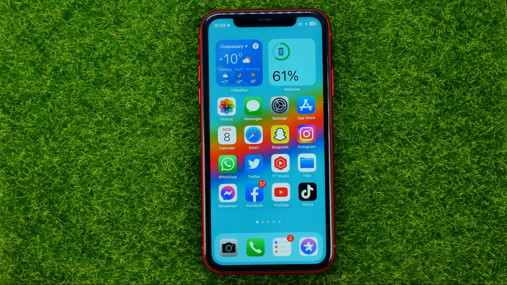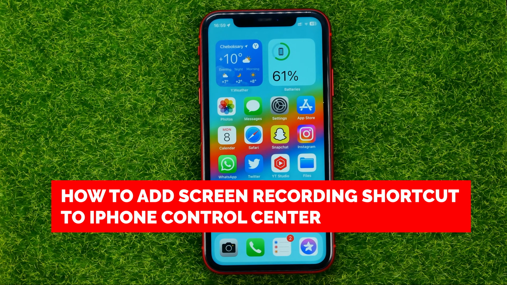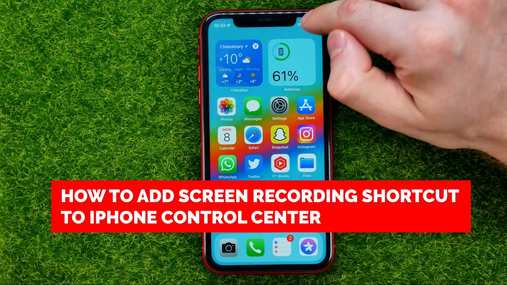In this video, I'm going to show you how you can easily add screen recording shortcut to the control center,